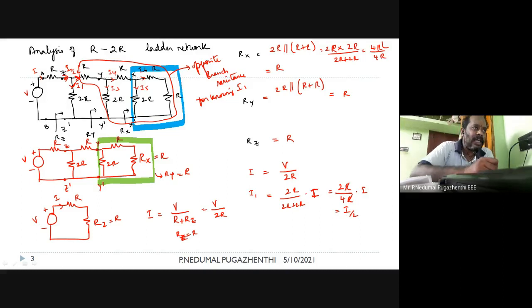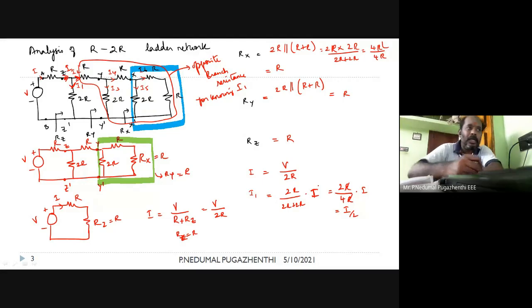If the total current is divided equally into 2, the remaining is going to be in I2. Do you understand? For example, suppose the current is 4 amps. How much is I by 2? If total current I is 4 amps, how much is I by 2? 2 amps. 2 amps. So if I1 takes 2 amps, how much will I2 be?